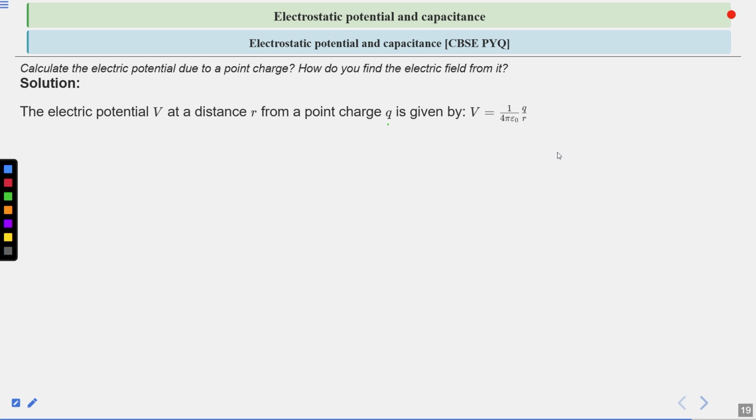In potential, we set the magnitude of the test charge equal to unity, 1 coulomb, so it cancels. This Q is the magnitude of the source charge. So the electric potential at a distance R from a point charge Q is given by 1 by 4 pi epsilon naught Q upon R,